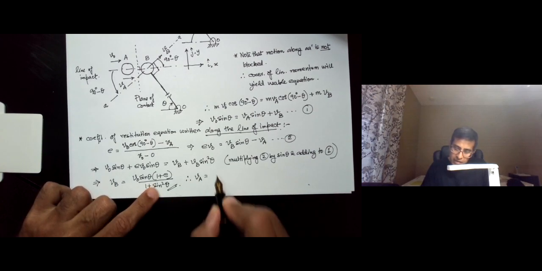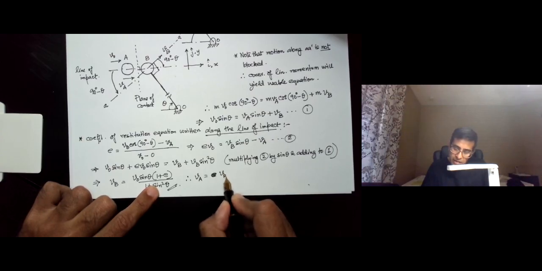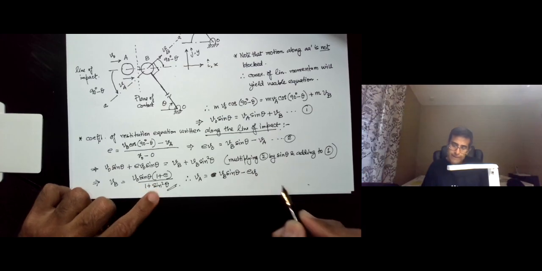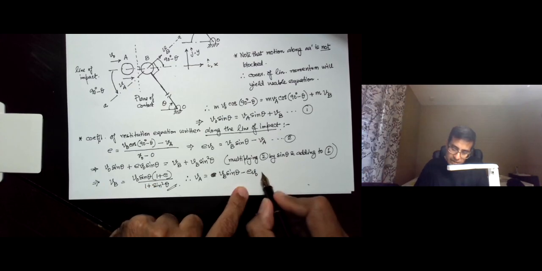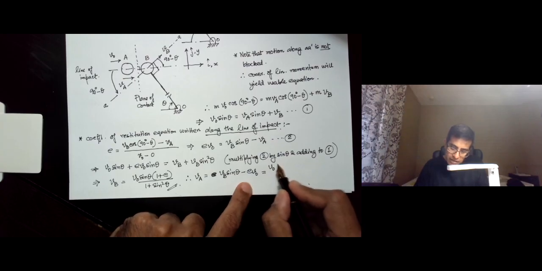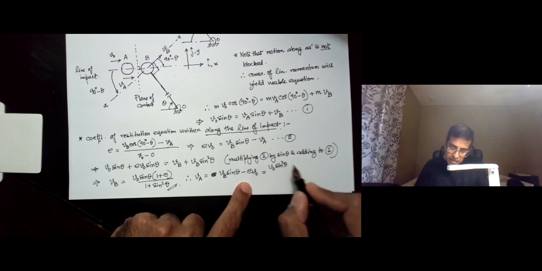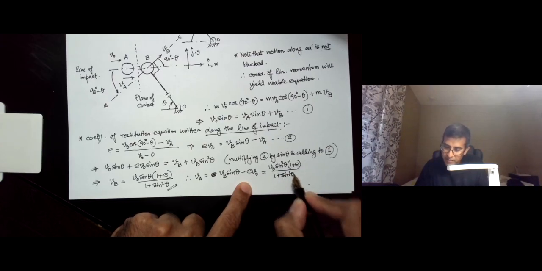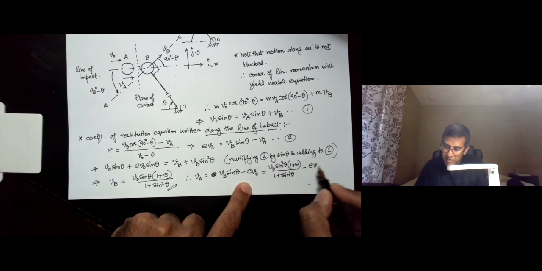So VA is equal to VB sine theta minus EV naught, right? So it is V naught sine squared theta times 1 plus E divided by 1 plus sine squared theta minus EV naught,